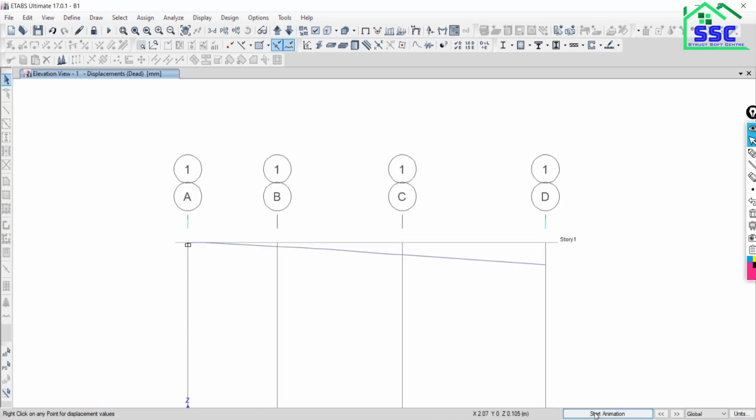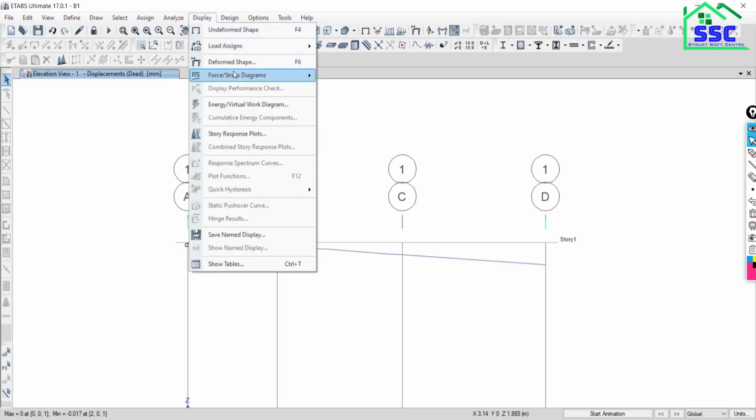Stop it. Now we have to see the shear force diagram and bending moment diagram. As we discussed just now, along axis 2, go to Display, Forces and Stress Diagram, then Frame.